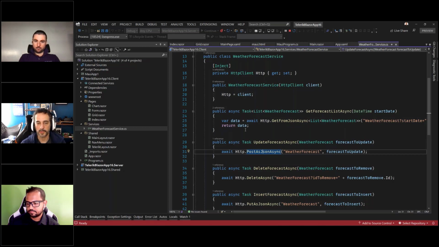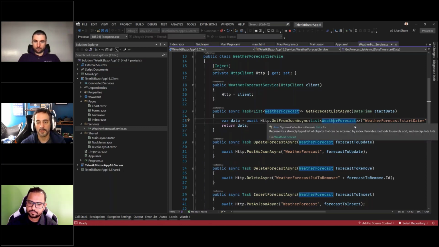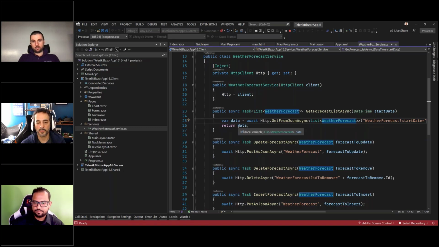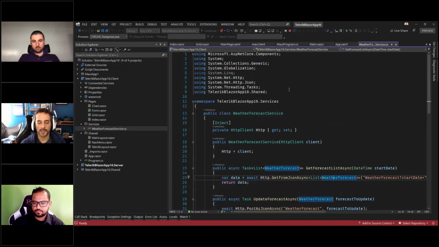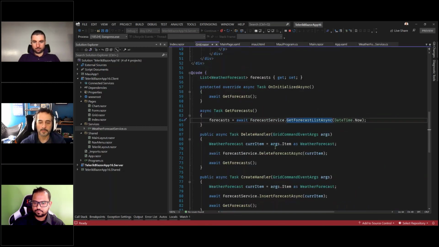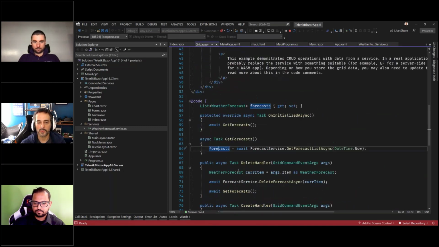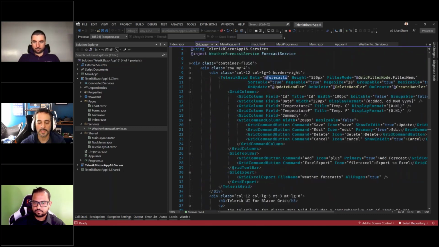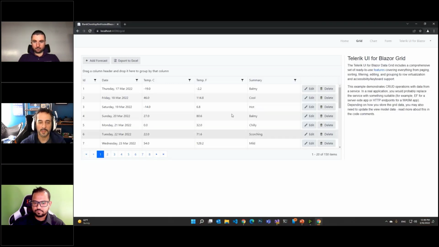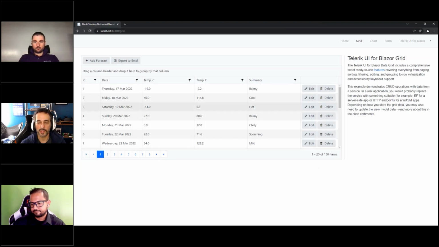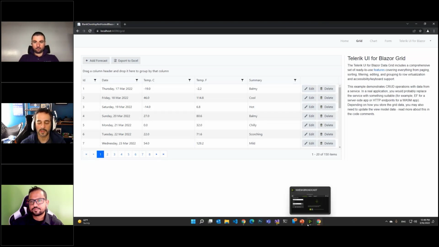We're not writing JavaScript code here to go fetch data and then take that JSON response and do things with it. We're actually getting back the JSON response, and it's automatically being serialized into .NET objects for us, so we can work with that data inside of our components very easily. So we can take that and just bind this weather forecast data to our data grid, and that's what you see being displayed here. And then we can do CRUD operations, edit, update, delete, those type of things.